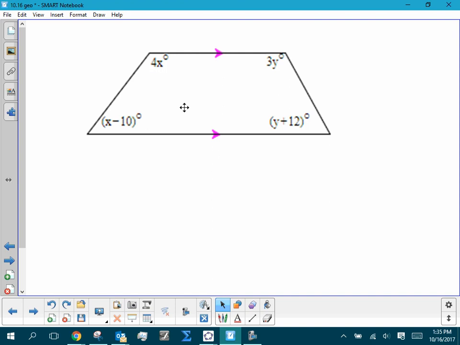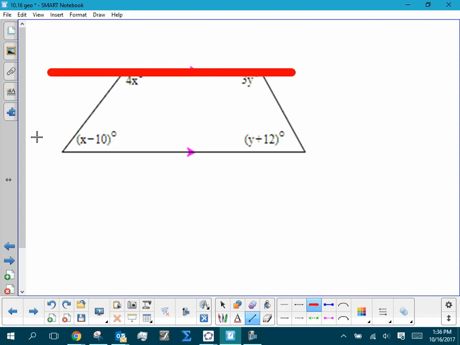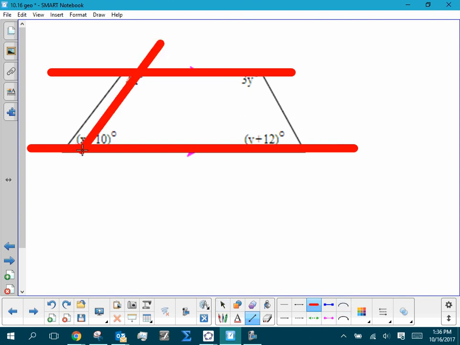All right, so with this one, what we want to do is, since these top and bottoms are parallel, I'm just going to focus my attention on those parallel lines. So maybe I highlight them or color them, however. Those are parallel, right? Would you consider that line there a transversal? That kind of makes sense? So if I do that,